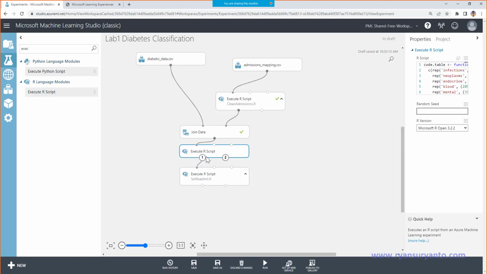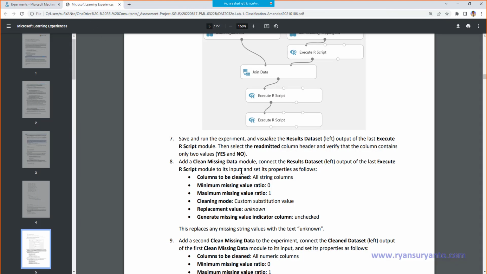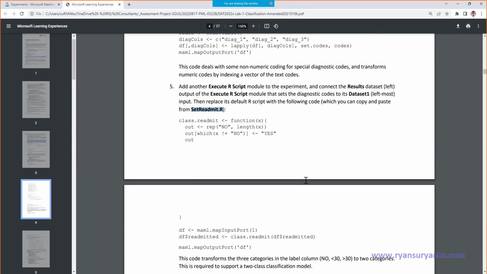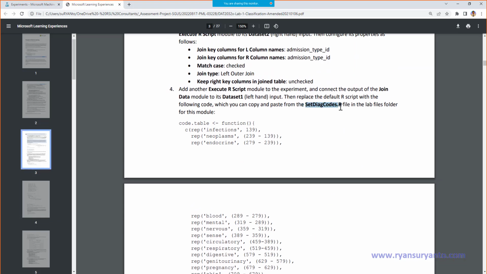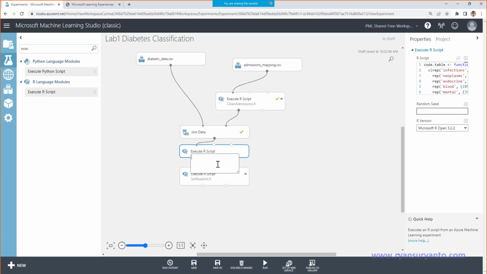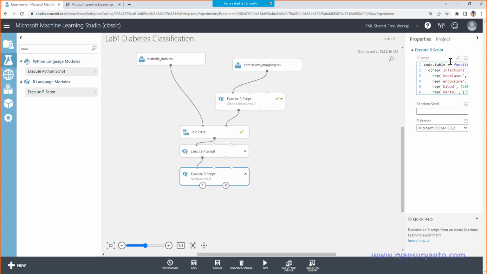Okay, so edit the comment. Okay, and then set readmit.